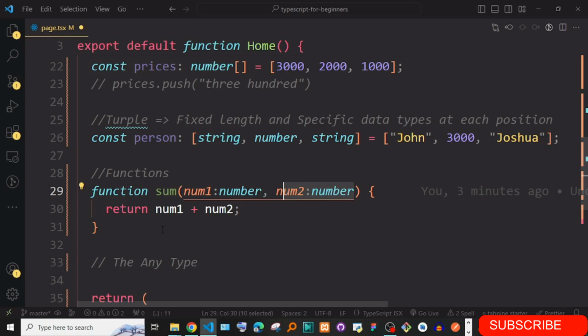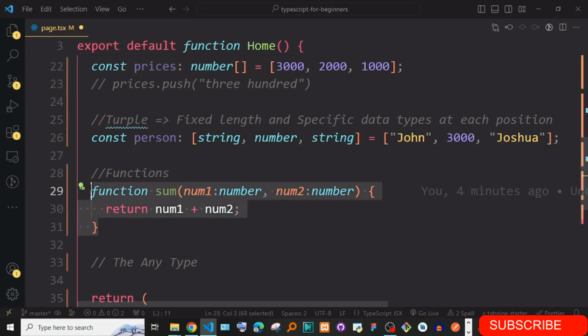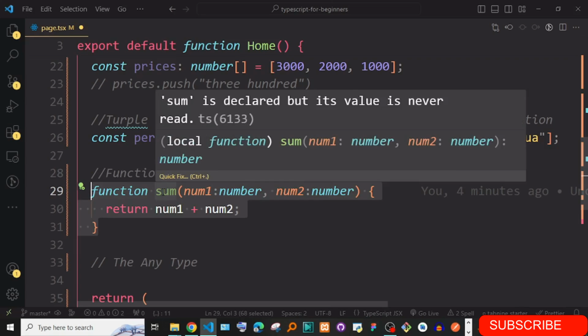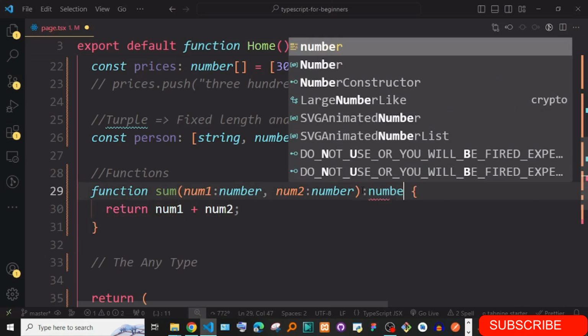Now one more thing with functions is that there is a lot of type inference. For instance, when you put in like this one, TypeScript is going to predict what the outcome of this function is going to be. If you hover here, you can see it is saying function sum, it has num1, num2, and it is putting colon and saying it's going to give an output of a number, because you are doing the addition here, whatever you return is going to be a number. So you could define here and say that the output is going to be a number.